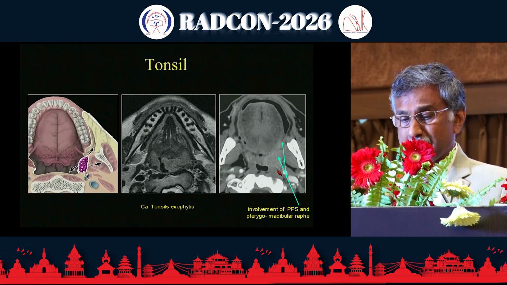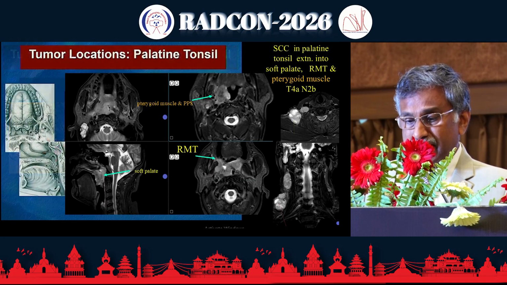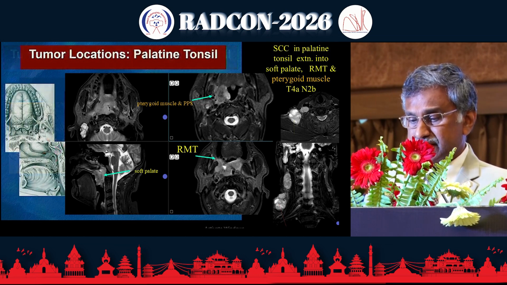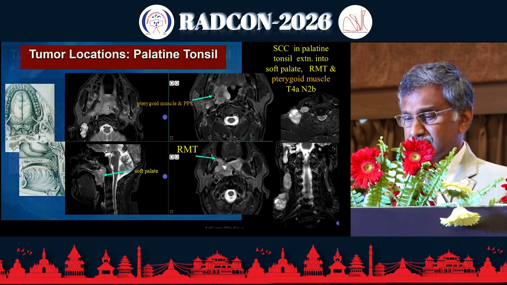There are no other lingual tonsils, and apart from the lingual tonsil, you can see involvement of the anterior tonsillar pillar or posterior tonsillar pillar and the palatine tonsil. It can spread along the buccal space, or posterolaterally it can extend to involve the masticator space, and medially involve the hypopharynx and so on.